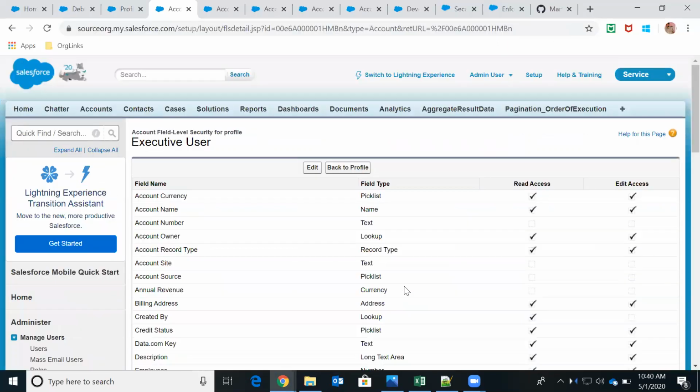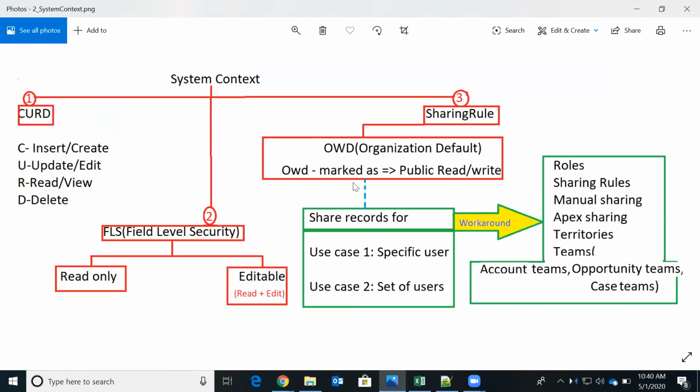Even if we are not enabling the checkboxes for read permission or edit permission at the profile level, when an Apex class is executing in a system context, by default it will give editable permission. The same rule applies for the first one also, CRUD.